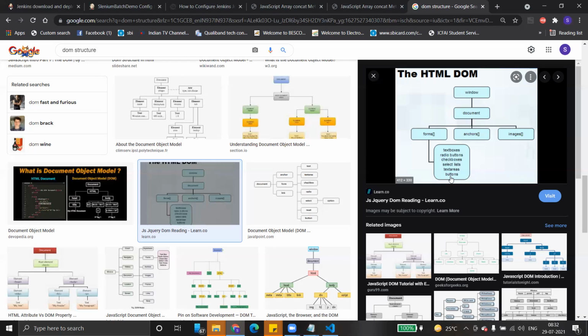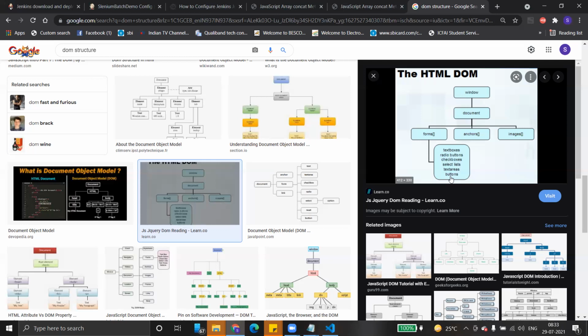Then coming to DOM compatibility, each browser has its own document object model compatibility. All browsers don't support all the features of JavaScript. This is also one of the reasons for JavaScript limitations. One limitation is that all enhanced features do not work on IE or Firefox. Some features will work on a particular browser. The reason is that these browsers are not compatible enough to execute those functions. That's why we can't execute certain advanced functions developed in JavaScript.